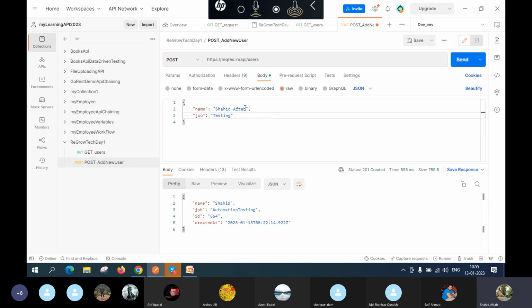So this time, change the name to Aftab, and the job is also changed. So we are going to create again. Now when we click again, because I want to add again, the URL remains the same, the post method remains the same. Everything remains the same, I have just given the new name and the job. So once we click again,